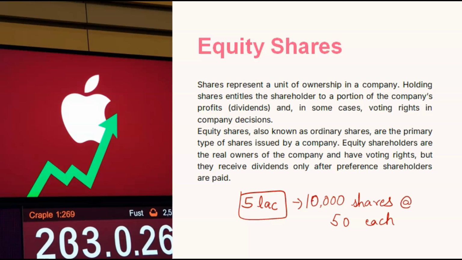So 5 lakh rupees is such a big amount. If a single person cannot give this amount to you, you can divide this amount in 10,000 shares of 50 rupees each, or in 1,000 shares of 500 rupees each, or in any denomination you can divide. So for purchasing one share, that 50 rupees a person has to give to you. Like this, if all the 10,000 shares are sold, you will get 5 lakh rupees, and the individuals are also not burdened.